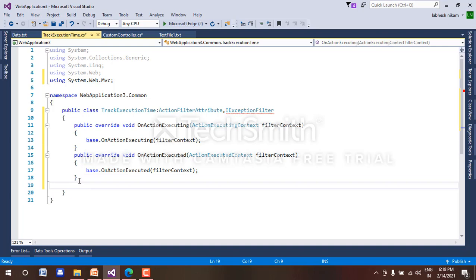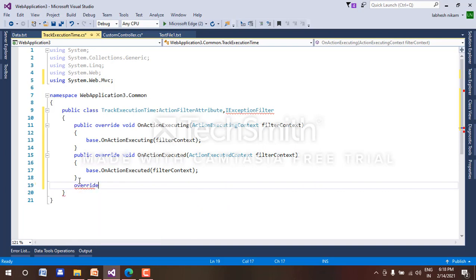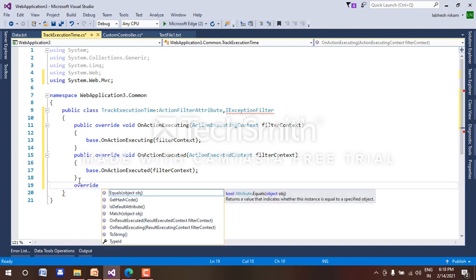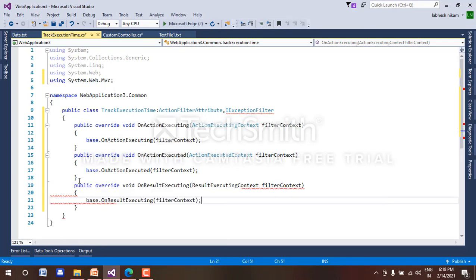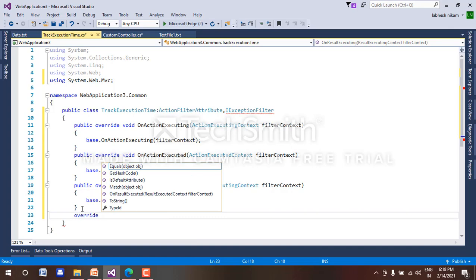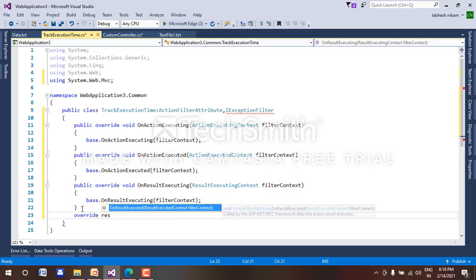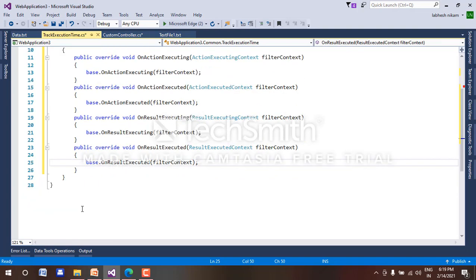So let's create again. The third one is override for on result executing. And override result executed. So these four methods let's first implement.